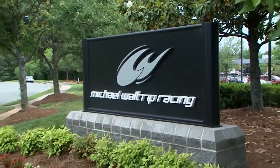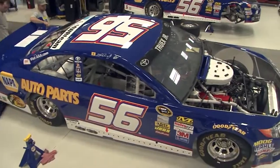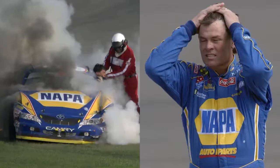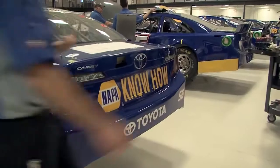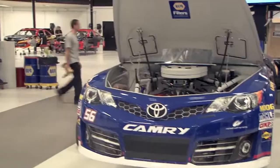I'm Michael Waltrip, two-time Daytona 500 champion and co-owner of Michael Waltrip Racing. Just a few years ago, MWR was a brand new Sprint Cup team, struggling to get off the ground. In those early years, we took a few bumps and overcame our fair share of adversity. But ultimately, with determination, teamwork, and the right equipment, we raced our way right into the chase for the Sprint